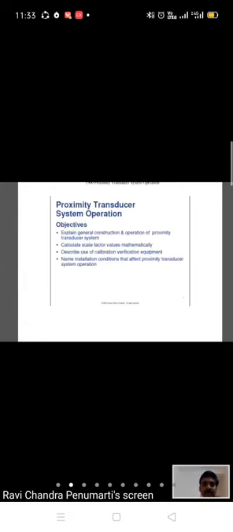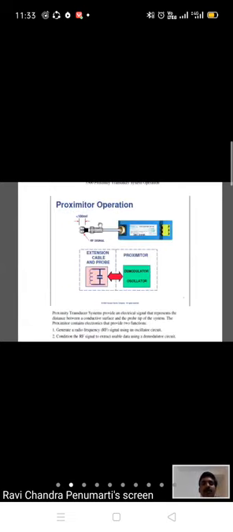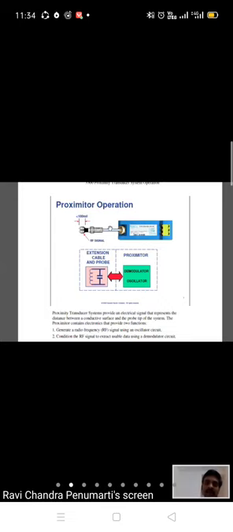So if you see, this is the basic proximeter, which is measuring the vibration. A proximeter generally has an oscillator and a demodulator.